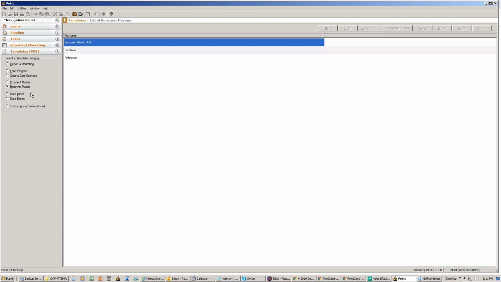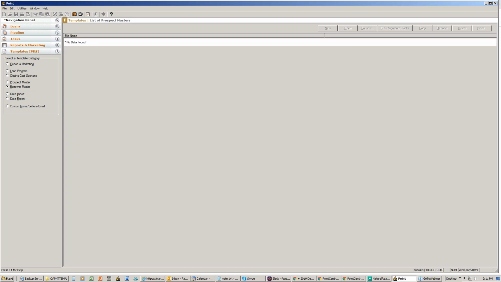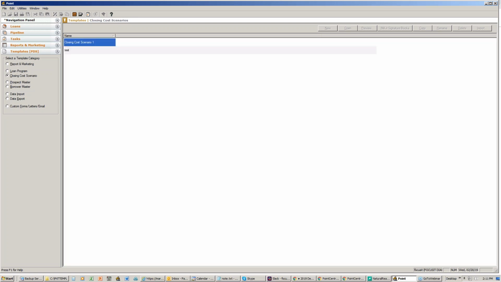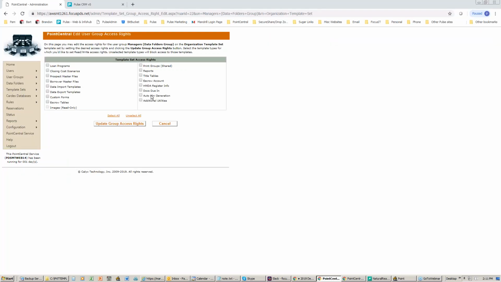I can click here, and I can see what they look like. I could even double click on them, but nothing's going to happen because I'm not allowed to edit them. I can't come over here and click on New or Open or Preview or anything. Okay? I'm pretty much locked out from the ability to come in and add templates, change templates, make updates to them. I can do none of that. And again, how that works is